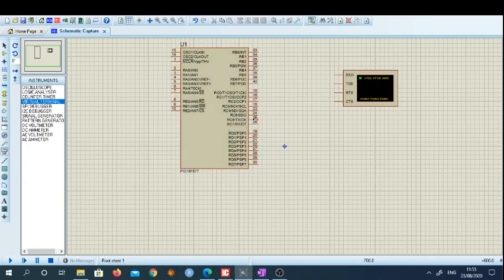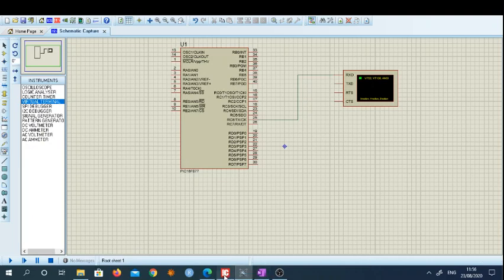Here you observe pin number 25 and pin number 26 are transmitter and receiver pins respectively of PIC 16F877. So we'll connect the transmit pin to the receive pin of the virtual terminal. This is my simple interfacing.